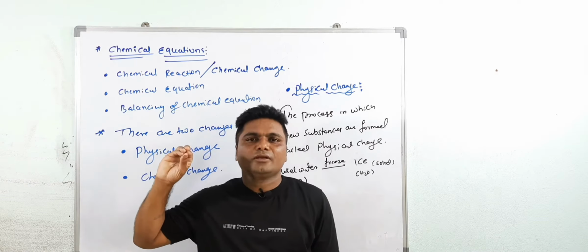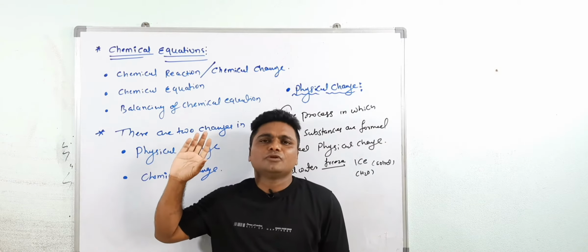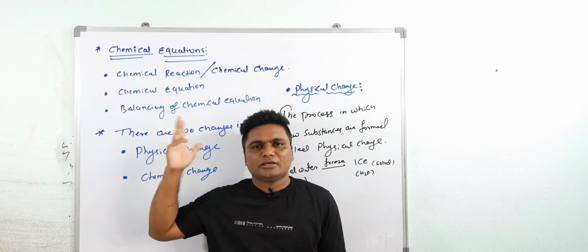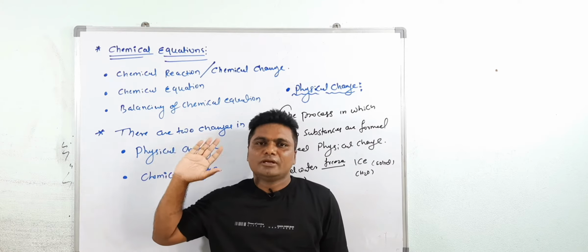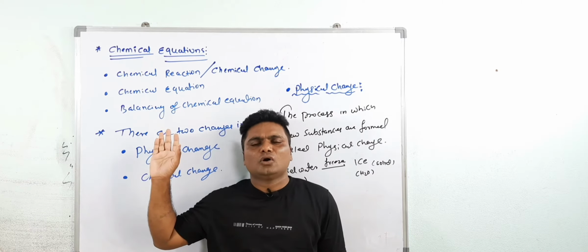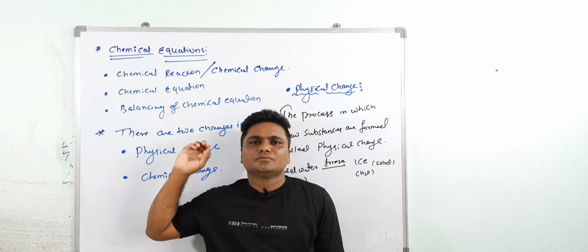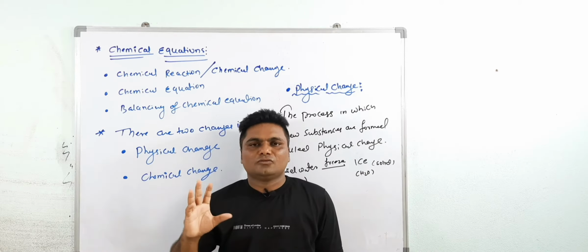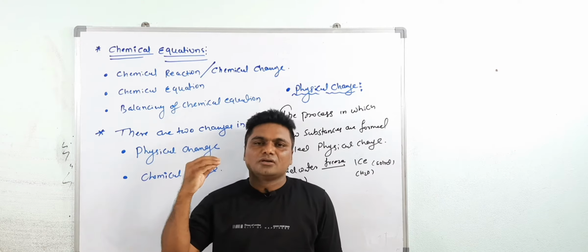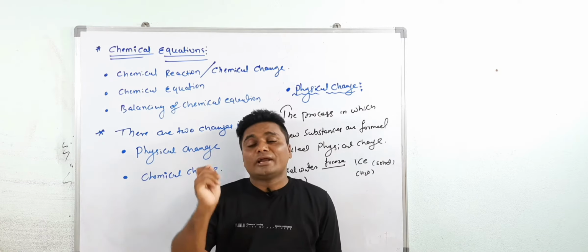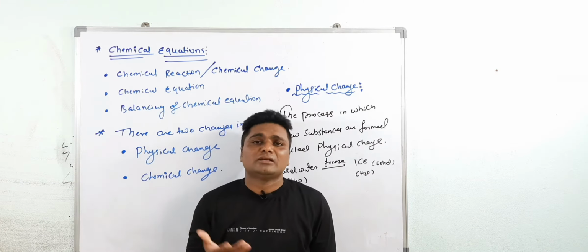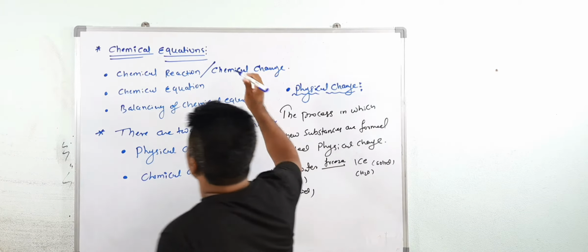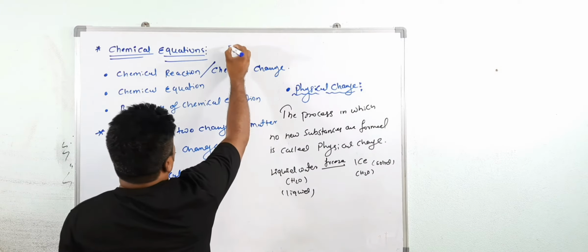This chapter is helpful for studying NCERT, the Telangana State Board, Tamil Nadu, Maharashtra, and whatever the state board, as the content is a little bit equal across all boards. If you watch this video, you will be very clear about what a chemical equation is, what a chemical reaction is, how to write the chemical formula, and how to balance the chemical equation. Today we are starting the chemical equation chapter for the 10th class.